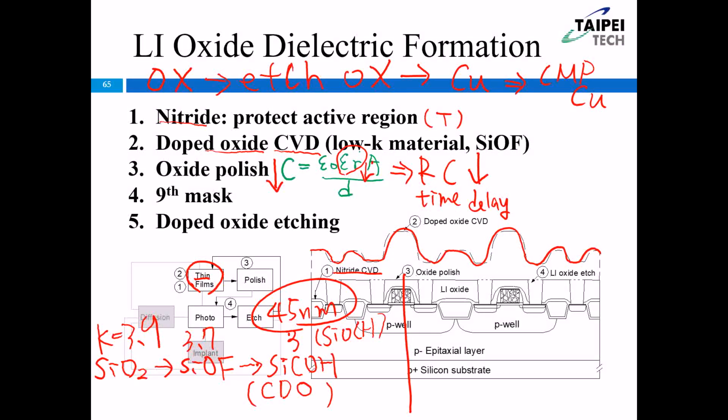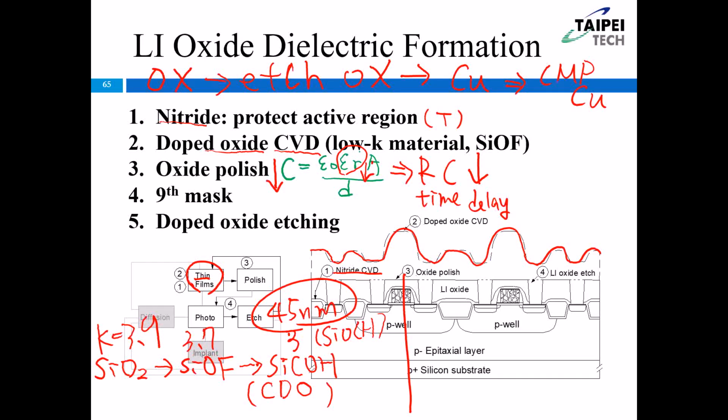When we talk about high K material, we talk about gate oxide. 好，high K material，我们说 high K material 是在讲 gate oxide，我们说 low K material 是在说现在后段内连线里面的氧化物，OK？所以 high K 跟 low K 指的是不同地方。所以同学不要搞混哈，它不是运用在同一个地方，OK？